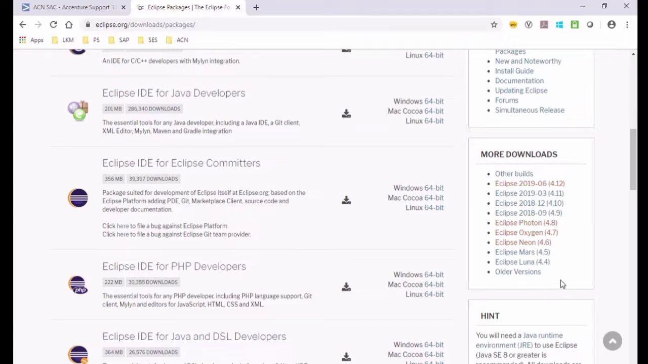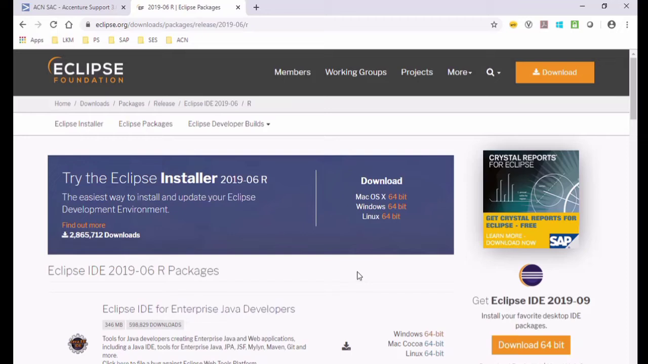For this demo purpose, I am going to be using Eclipse 2019-06, which is version 4.12. So I'll click on this link and it takes me to this page where I can download Eclipse. With this version, it shows only the 64-bit version of Eclipse, and since I'm using Windows OS, I am going